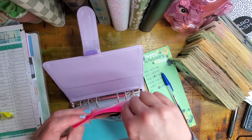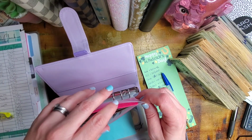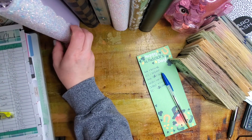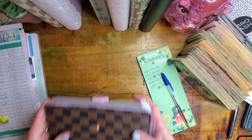Probably gonna have to fast forward some of this. And I've told you guys this before, while I love the laminated ones, they're just a little bit of a pain in the hiney to put in. And I didn't even think about that when I asked for them to be laminated. So that was my fault because I didn't think about them getting to be bigger. All right, fun spending is done. Now we are going to go into...